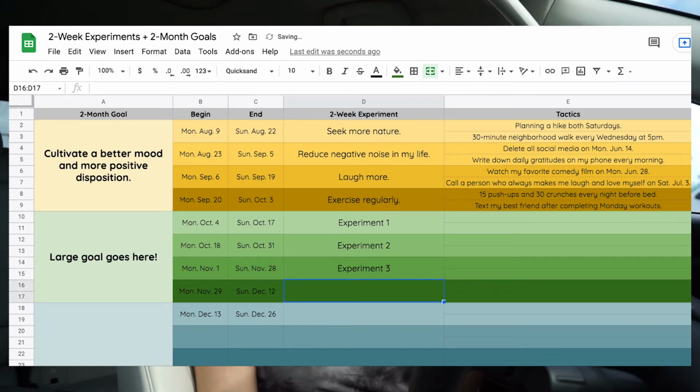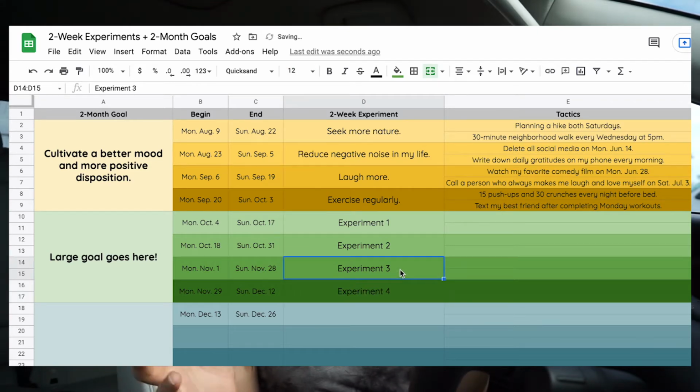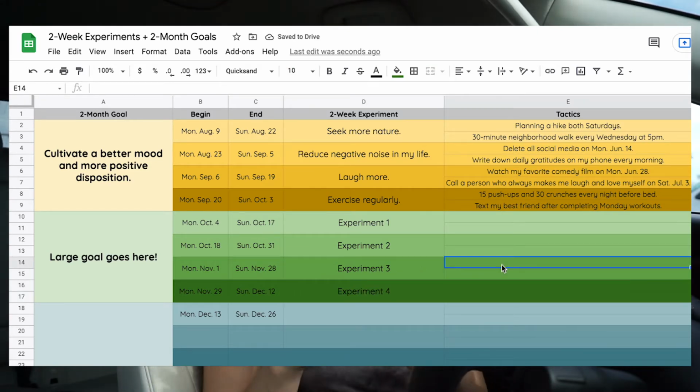And then in the final 2 weeks, you can experiment with calling up a friend every other day or, you know, on whatever cadence works for you. The idea here is that you are looking at different ways to accomplish the same goal, which is to be, in this case, more positive. When you experiment, you can do something for a short amount of time and then say, okay, that really works.